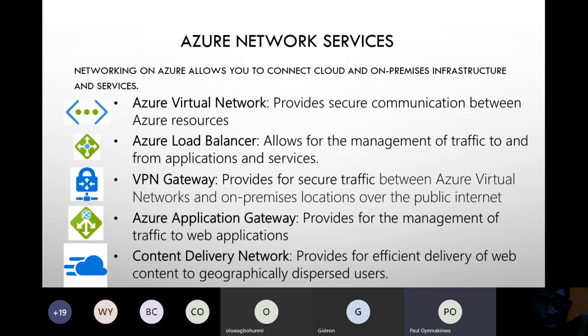And what does an Azure Virtual Network do? It creates a secure communication between the Azure resources. Now, if you're having resources on Azure, let's say for instance,